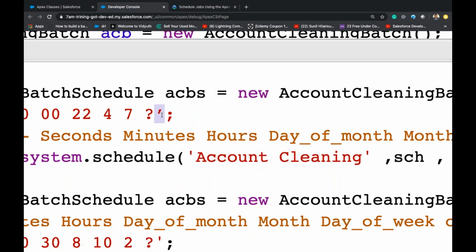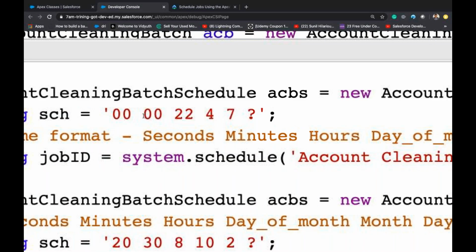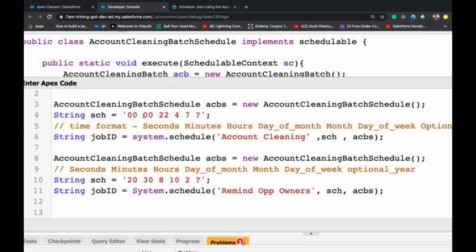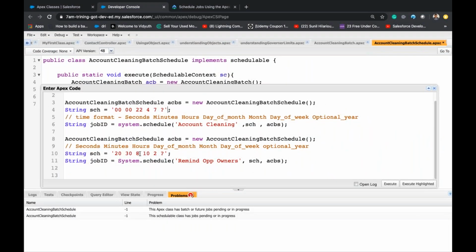So this one should be like this. It says syntax error. So this is scheduled on 15th next year, and this will be scheduled on July 4th. Let's see.